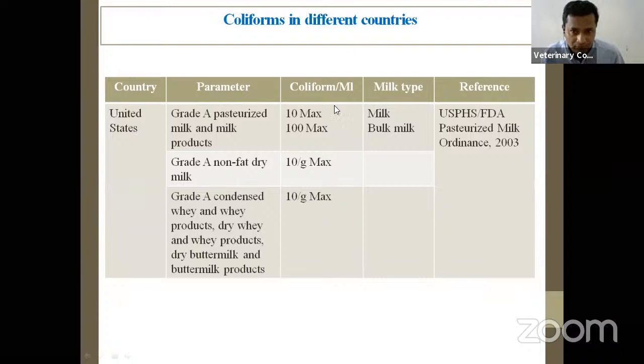The coliform count in USA is 10 as a maximum per ml, for Grade A non-fat dry milk. You see, one more category of milk. I talked about India. India has better divided the products because we have higher dairy product diversity compared to Europe or America, because we are all basically milk lovers, Indians. That is why you are finding fewer categories here in America or Europe. In India, 11 different categories I talked about earlier.